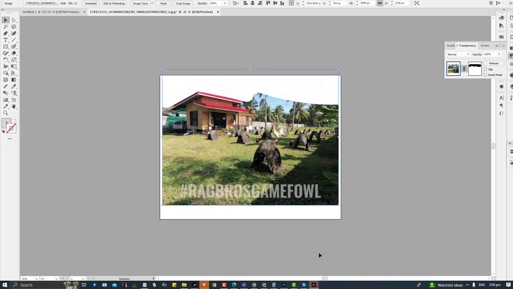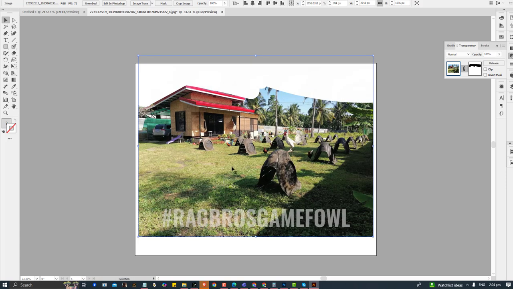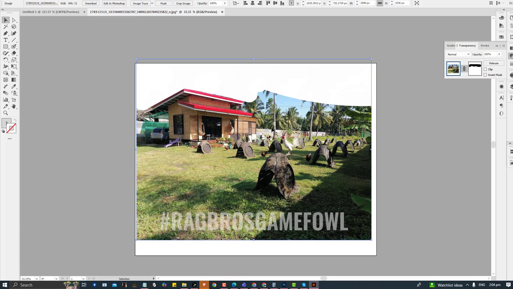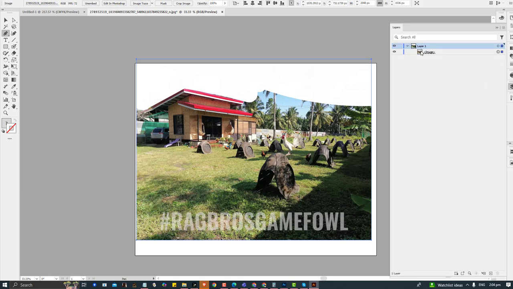So the other way is by using clipping mask. Click and use this one, the pen tool, and then let's check the layer so that you can see some layers.